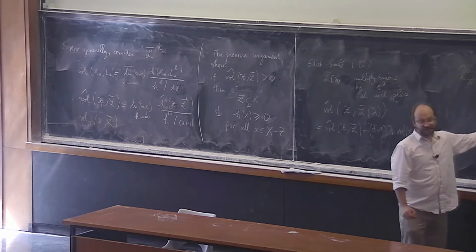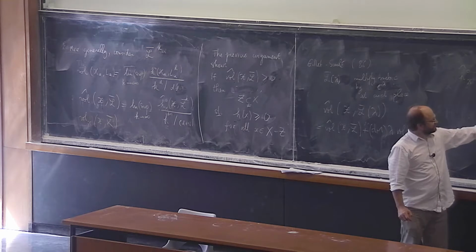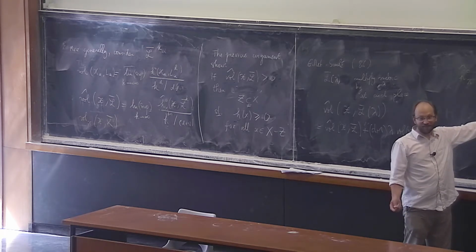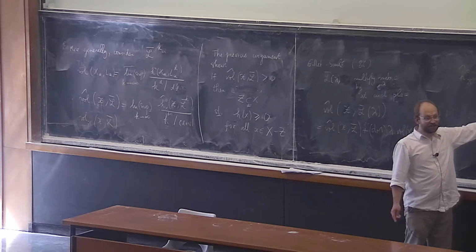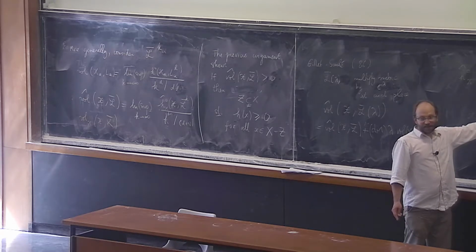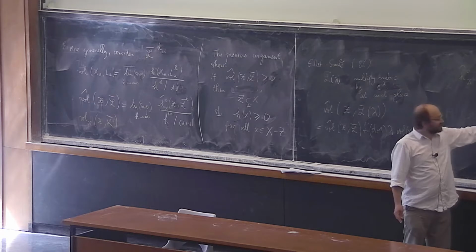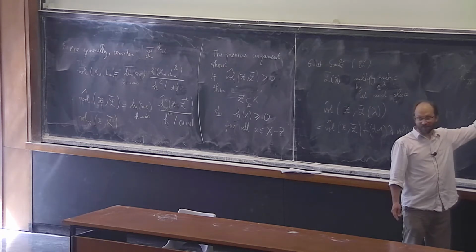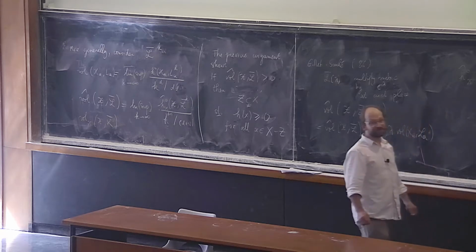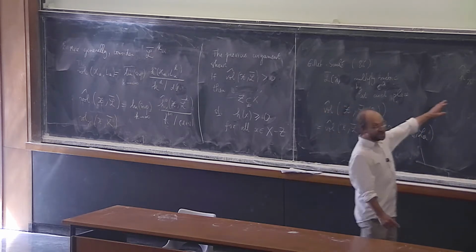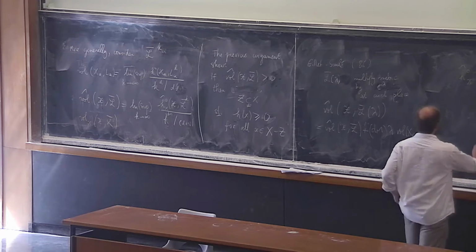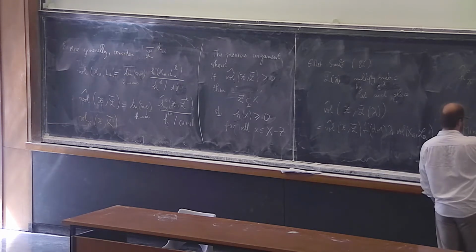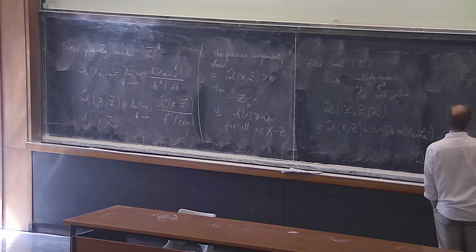And when you do this, the choices of volumes here and there, which are supposed to be defined by the same measures, do not have any importance. This depends on the choice of a measure. Here you take another one, you take the same one, and then the ratio is well defined. And so it gives you another number. And the theorem of Minkowski tells you that